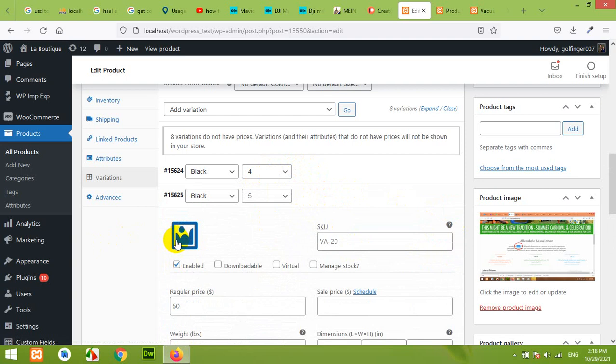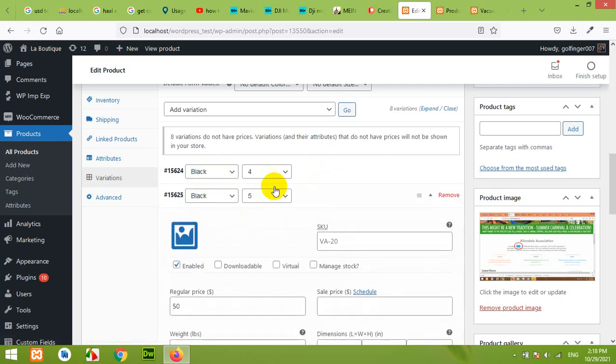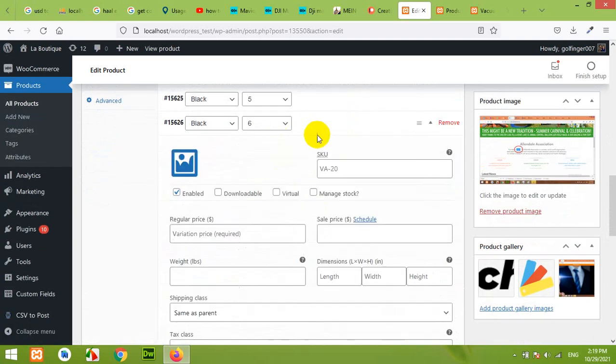But if you have different colors of t-shirt, then you can add a black image for black. Similarly, this one is also black, but the sizes will remain the same. Only the difference will be the price for the size. Okay, so for 4 and 5 size it will be 50, but for 6 and 7 size it will be 60.